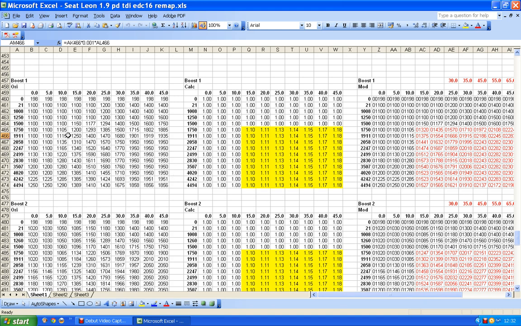The logical progression would have been to go from the smoke map to the torque map, but I'm going straight to here instead because I want to talk about how we are going to get suitable air for our smoke map. Now here's the original file information, so this has come straight off of my Seat Leon EDC16 hex dump. So there's the basic map information.